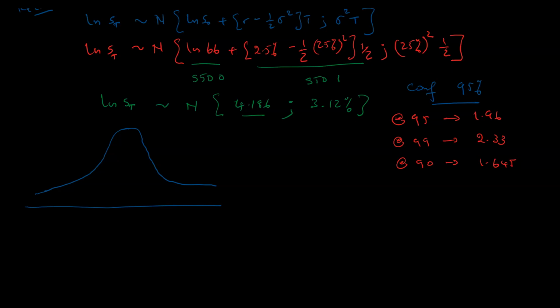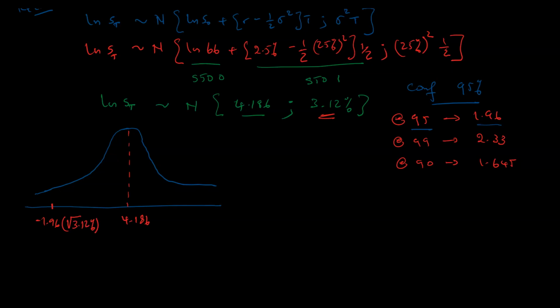And so if we say we want to compute a 95% confidence interval, really we're going to be 1.96 standard deviations away from the mean on both sides, because we're working with a symmetric distribution. So our mean is going to be here. We're going to have 4.186, and so 95% means we are 1.96 standard deviations away from the mean on both sides, which means that we're going to be minus 1.96 multiplied by the standard deviation, which is 0.38%. Now, when we say 0.38% here, really what we are looking at is a variance, because that is the term that we have here. We need to take the square root of that, so we need to multiply that by the square root of